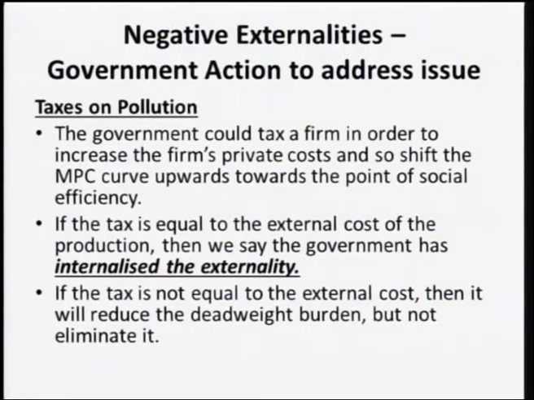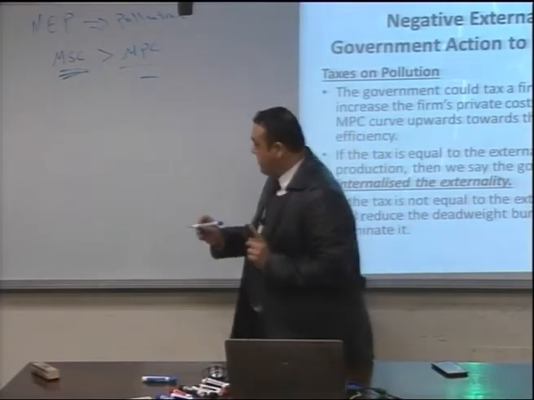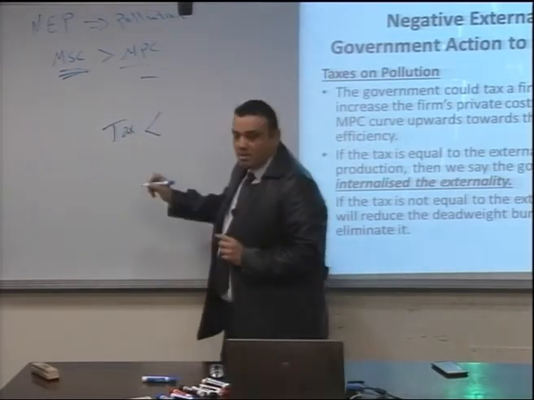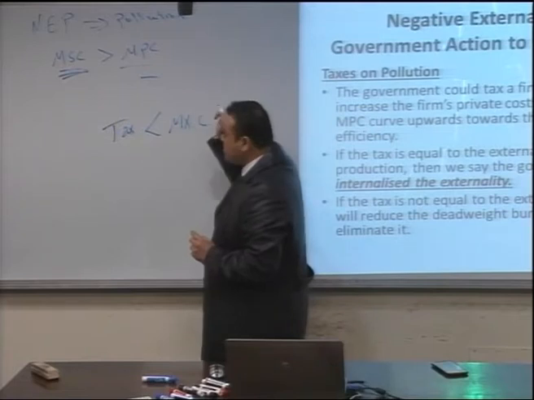So this shifts the marginal private cost upward towards the point of social efficiency. If the tax is equal to the external cost of production, then we say the government has internalized the externality. If the tax is smaller than the marginal external cost, if the imposed tax is less than the marginal external cost,